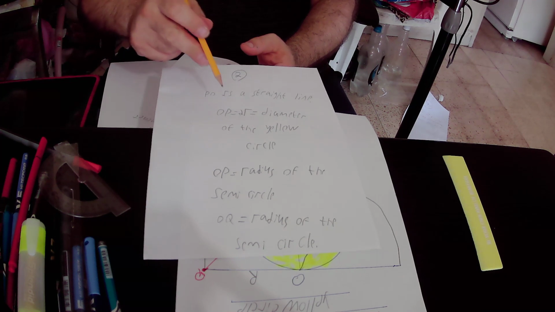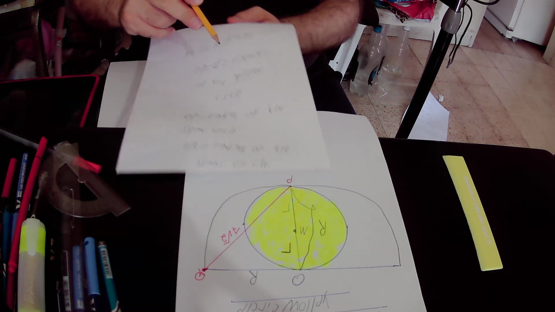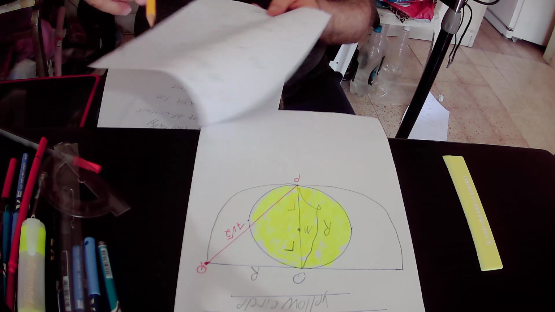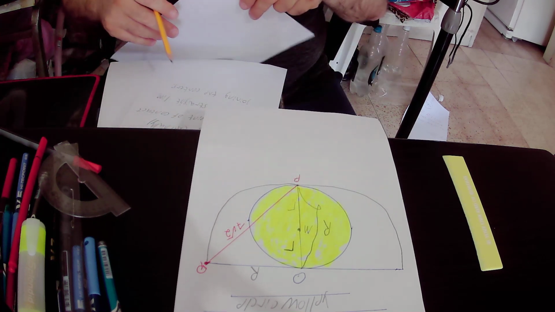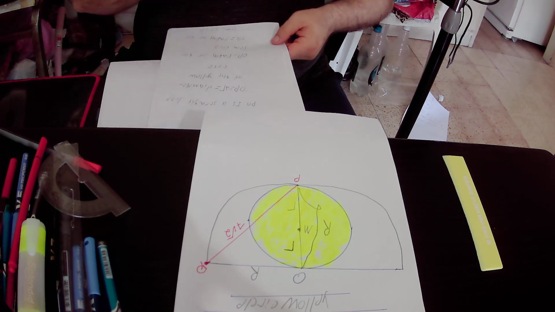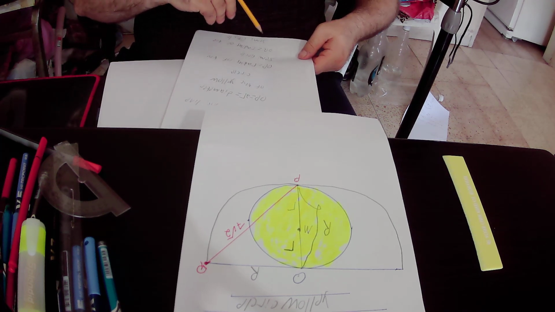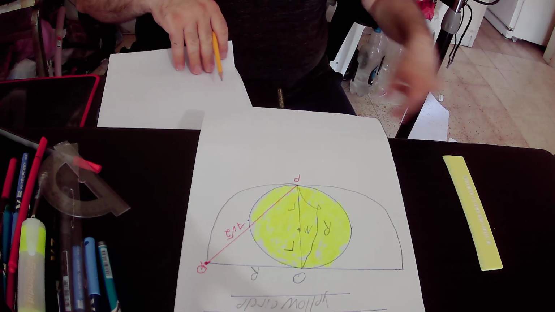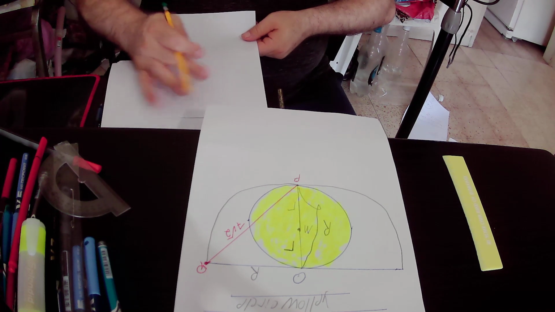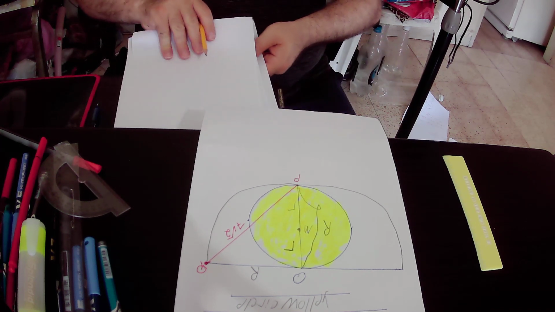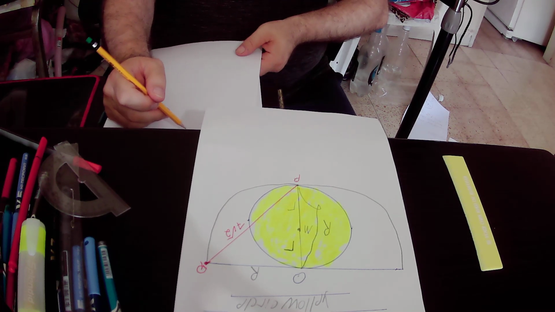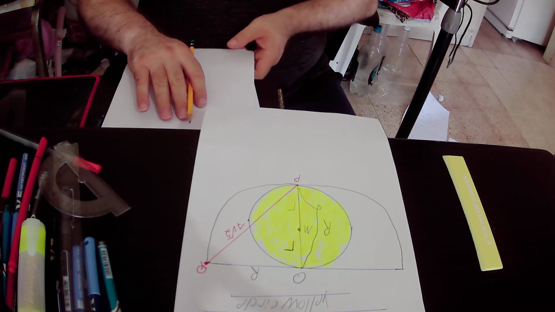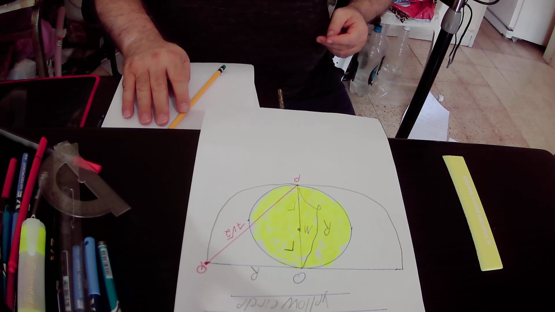So OP is the radius of the semicircle, and also OQ is the radius of the semicircle, and I mark the radius of the semicircle as capital R. And what we can also conclude from the drawing is that we can see the relationship between capital R, the radius of the semicircle, to the small r, the radius of